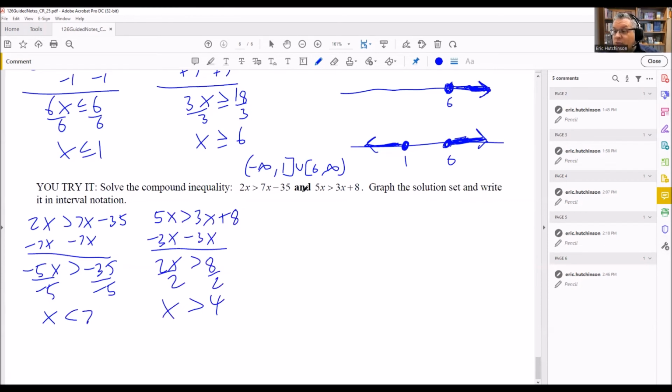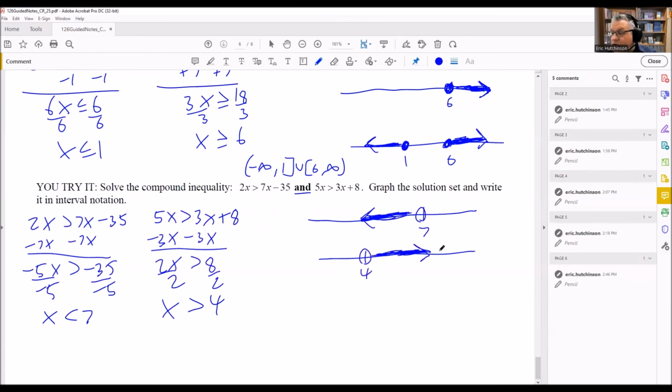Now, notice that this problem has the word and in it. If you see the word and, you're only going to have one interval. This is one where these both can be combined together into one on the same graph. So let's first start by doing x is less than 7. That would be right here with an open circle, and that would go to the left. Then if you want to graph greater than 4, you just put a 4 open circle, and that's going to